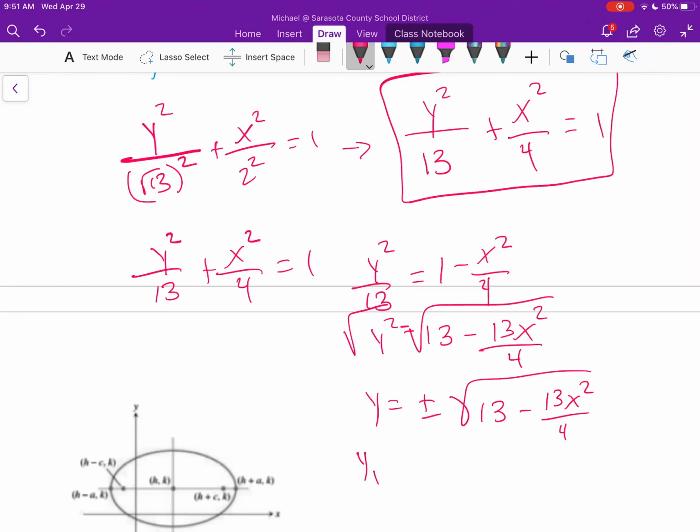When you're putting it into your calculator, y sub 1 is going to be the positive, and then y sub 2 would be the negative. That's just going to turn the parabola-looking shape over, and that's how you would see your ellipse. And of course, you got to adjust